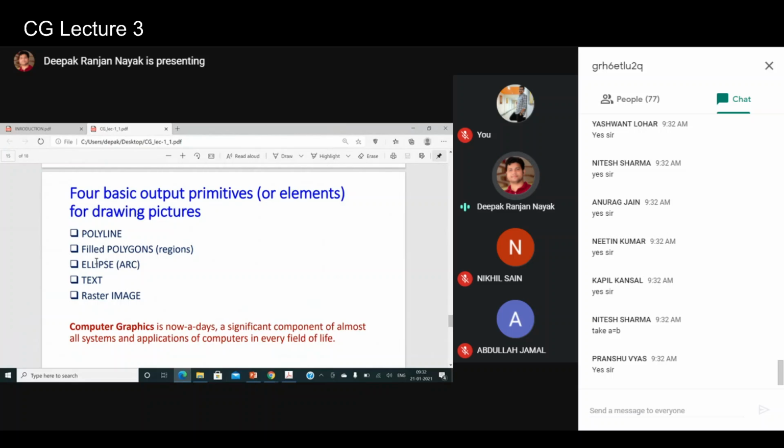And the two other important things which are required in any graphic system to draw complex pictures. Our job is to draw the pictures here, right? The most important thing is how to draw the text, how to increase the font size, and how to use different fonts. That is also required sometimes whenever we are designing posters or banners and all. And the last but not the least is the raster image. That is so important here, how to draw the images.